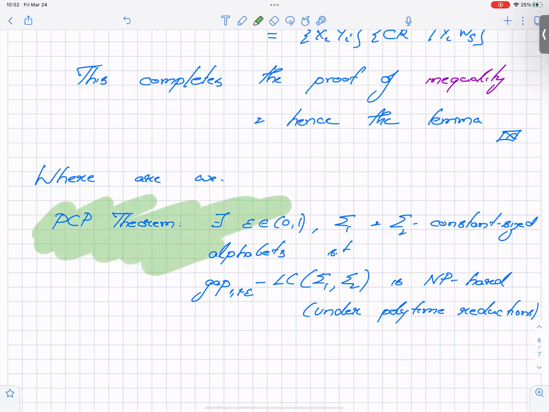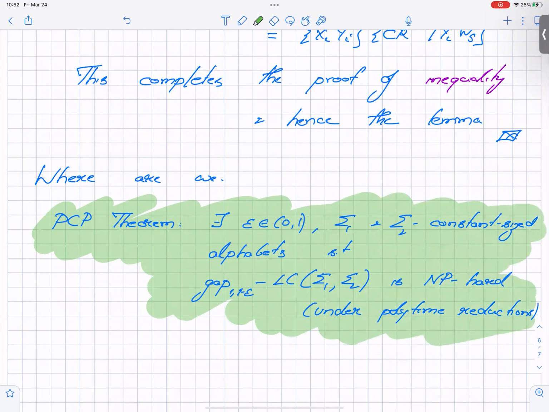We saw that the PCP theorem can be stated in this two query form, because you can reduce the k query to 2 query. So there are some constants; this epsilon is like 0.99999. The alphabet is possibly of size three or something. Anyway, we had this statement. Now, if you apply parallel repetition to this,